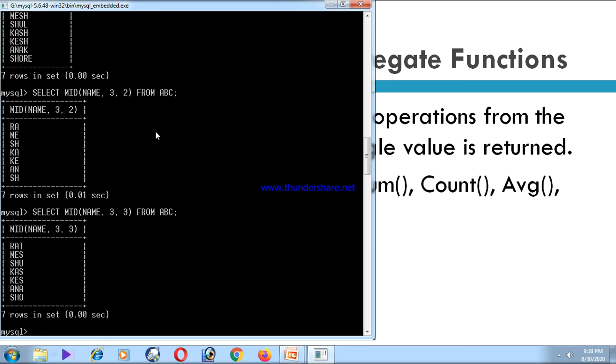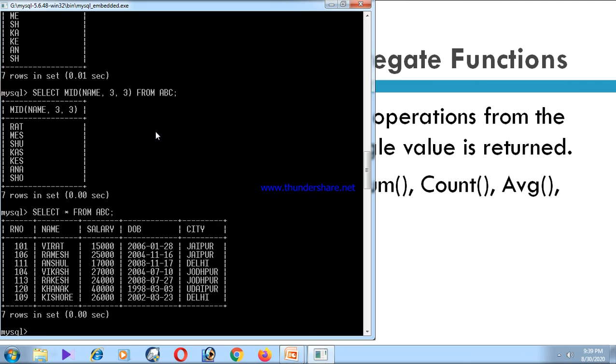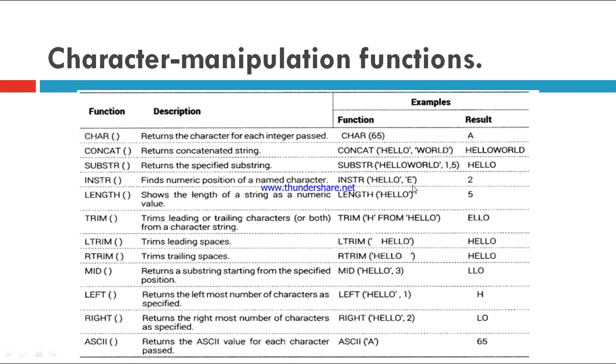Now if we talk about this concate function, it is a very common function in CBSE. CBSE asks output generation questions related to this concate. What is concate? Very first, if you want to check how many string related functions, or we can say character manipulation functions of SQL, just see the screen. How many functions are there? The first one is character. It will produce the ASCII character. Concate returns a concatenated string, means if you want to connect, add, or join 2 different strings with each other, you can use the concate function.